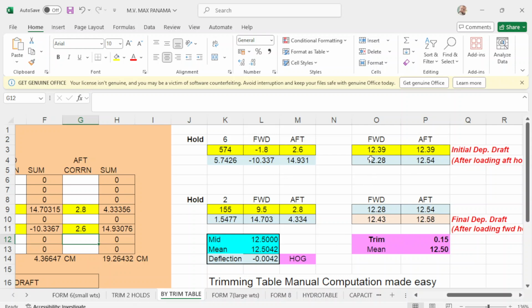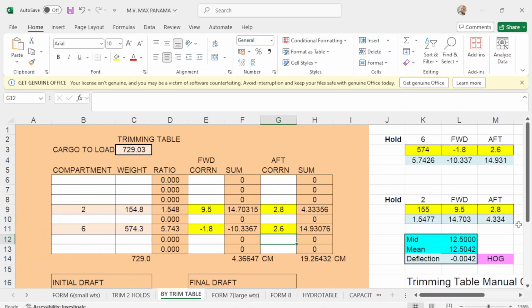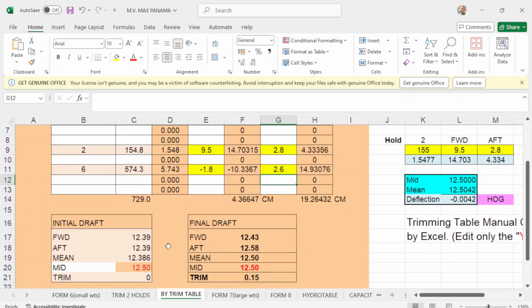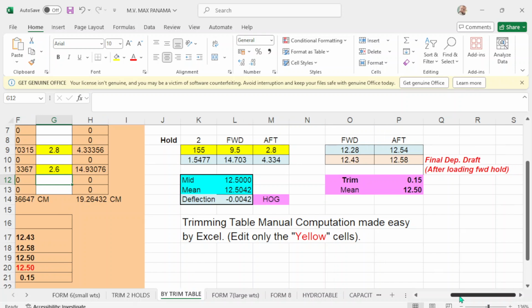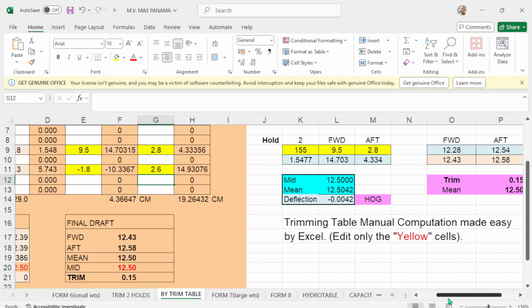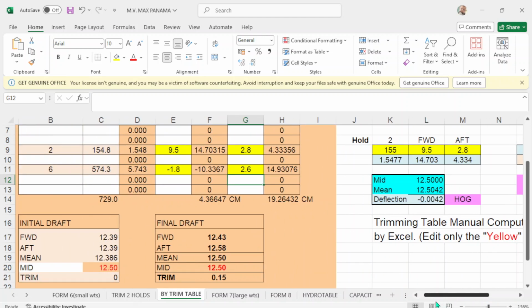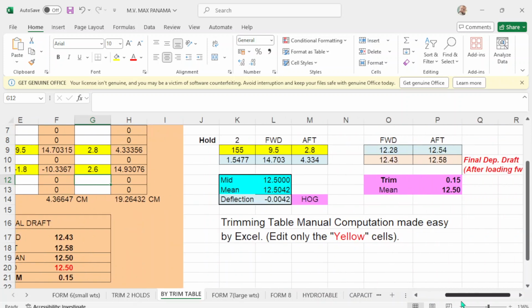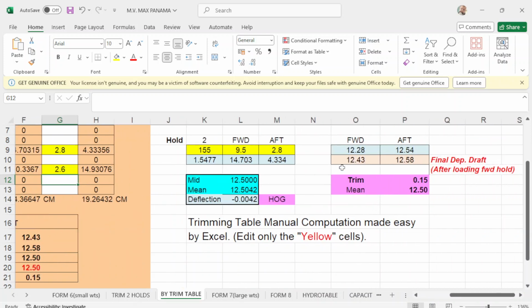And this is your initial drop of 12.39, forward and up. And once you have already loaded number 2, number 2 will be 154.8. This will be your drop. I'm sorry.